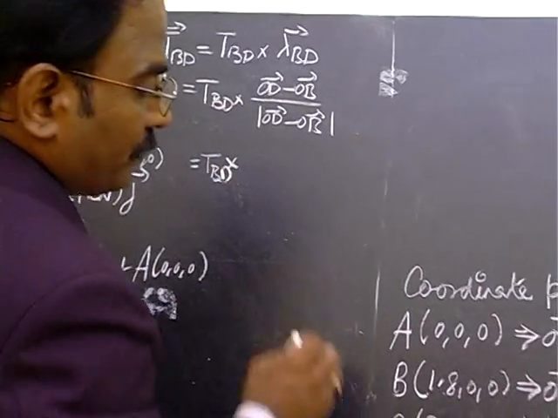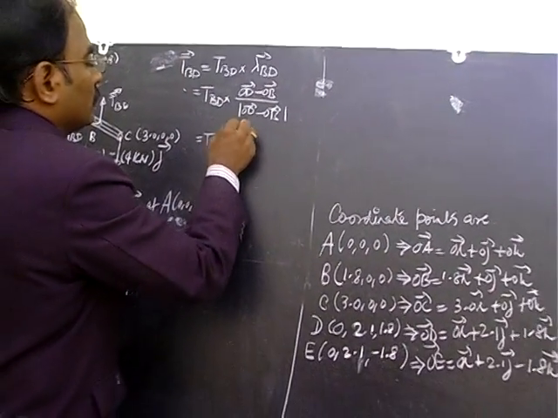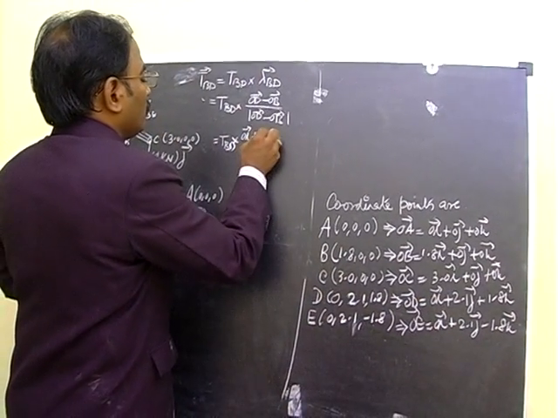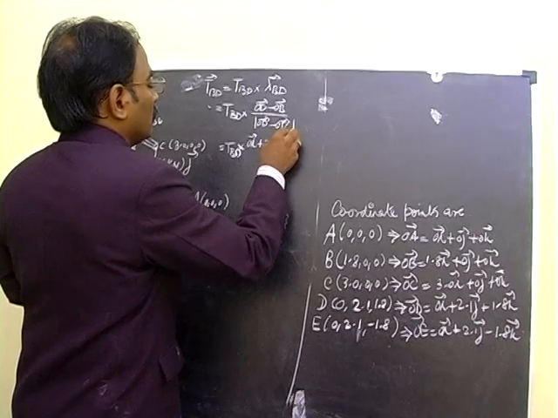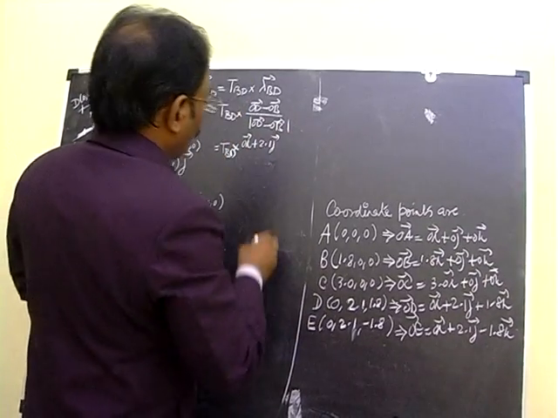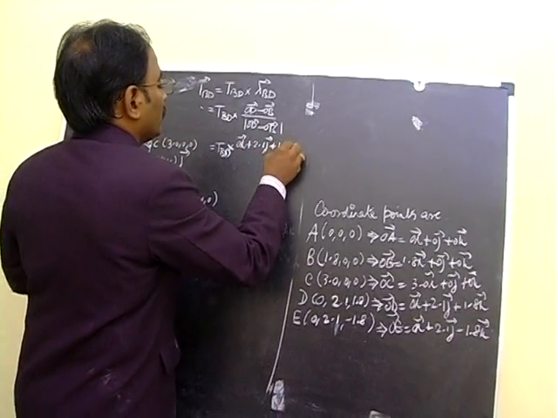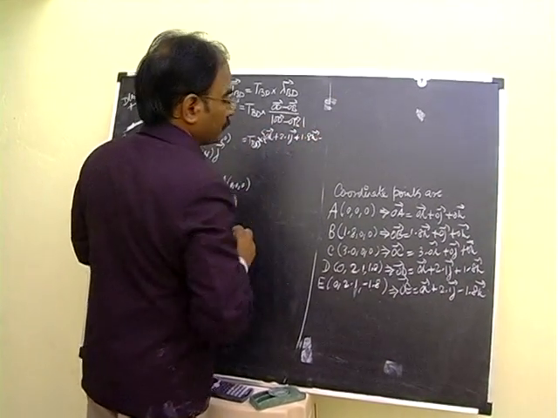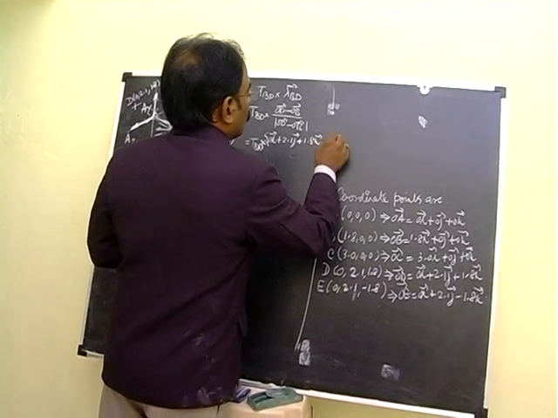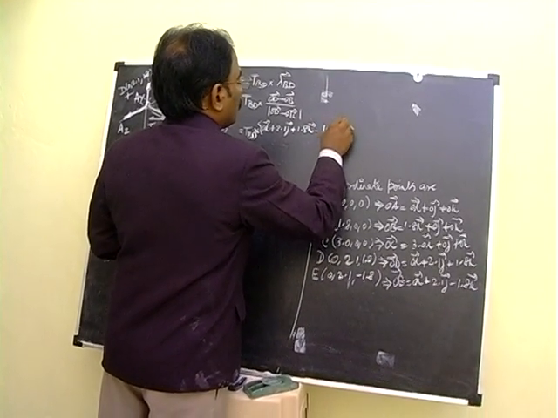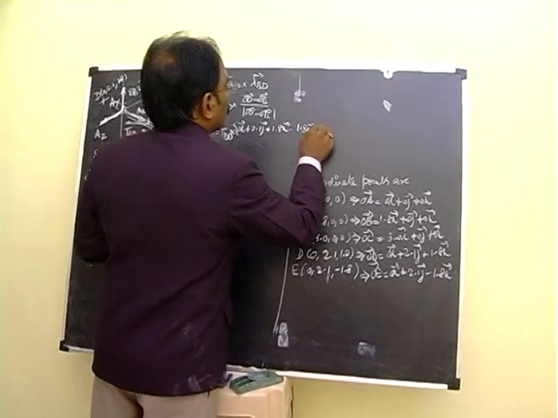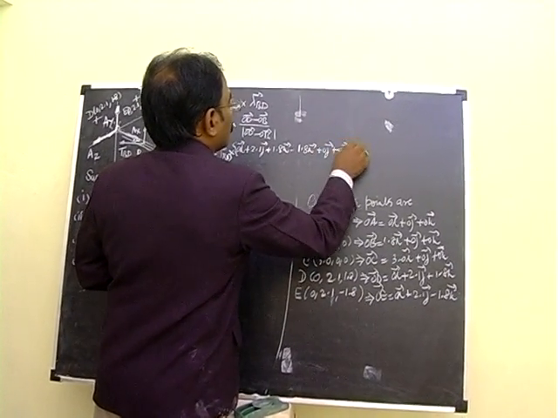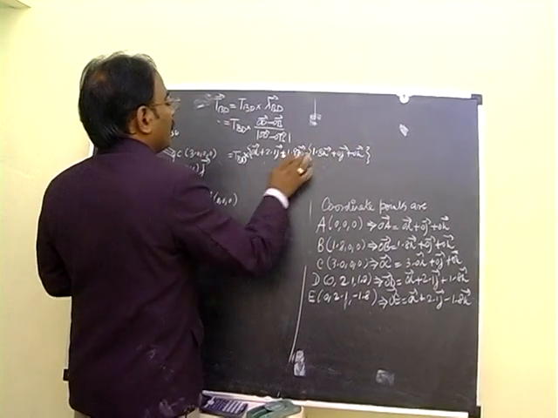OD vector is 0i plus 2.1j plus 1.8k, minus OB vector, which is 1.8i, plus 0j, 0k, the whole thing divided by